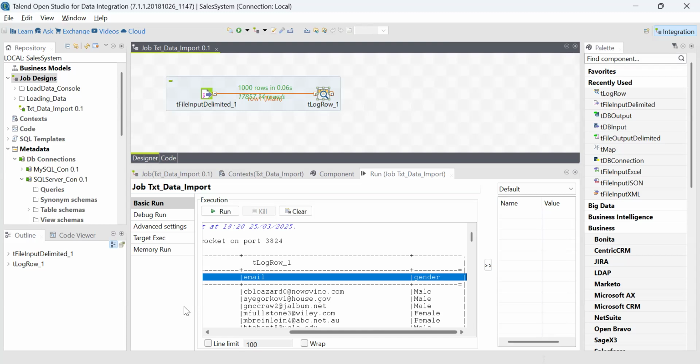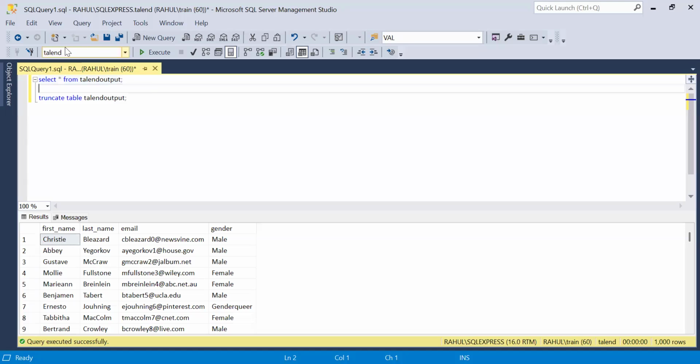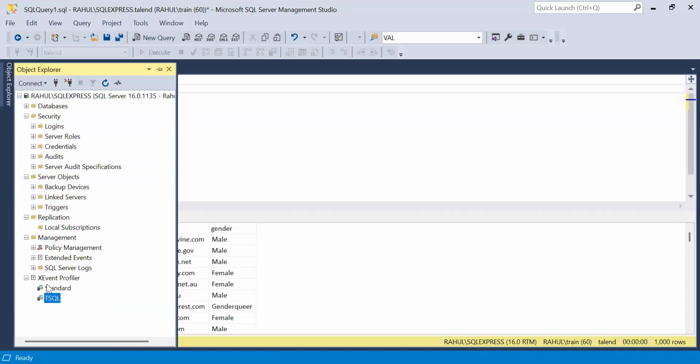So let me open my SQL Server, and in the SQL Server I have one database named